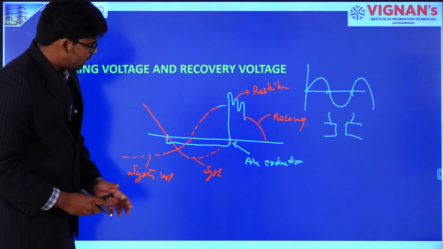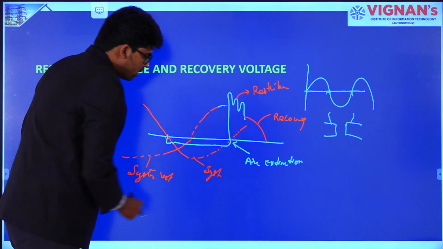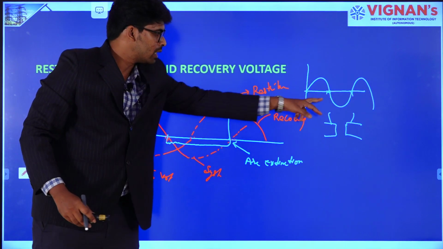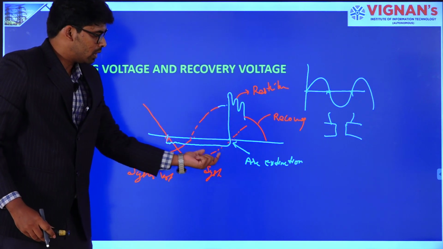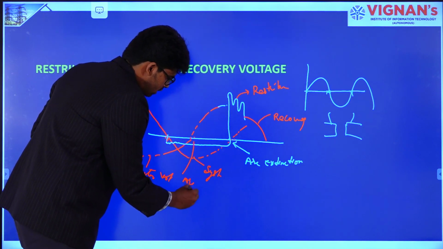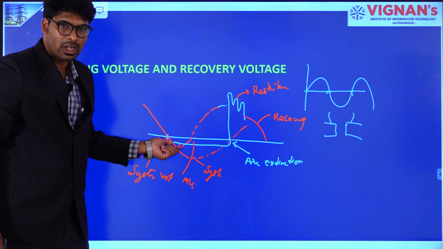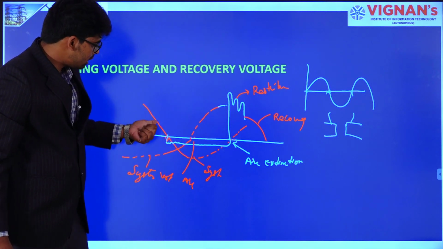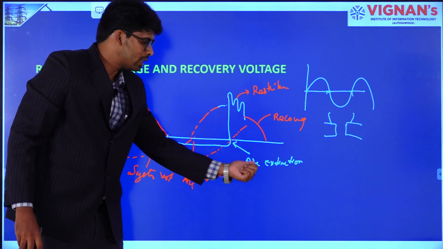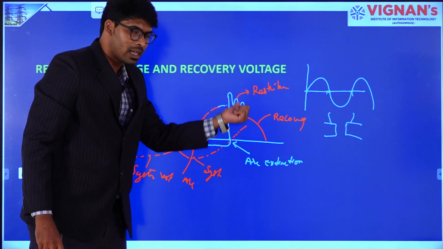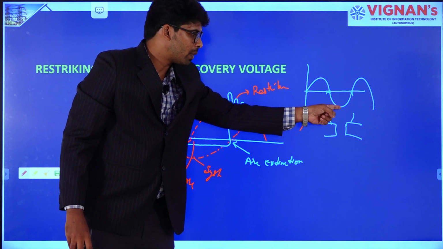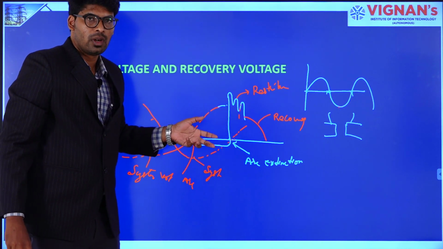These are the two points, the current zero points, that we are taking. For this signal, we have drawn all the possibilities. Here, this is the arc voltage. As I said before, the arc voltage is 3% of the system voltage, which is very negligible compared to the system voltage. At this point the arc gets extinguished, and there will be a sudden change, that is the restriking voltage. If this restriking voltage is high, and you operate at this point, there is a possibility of arc striking.